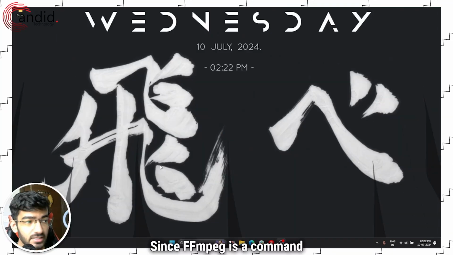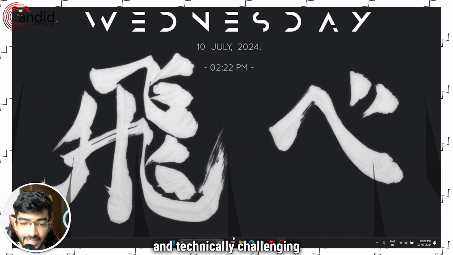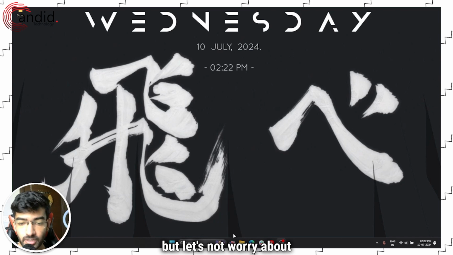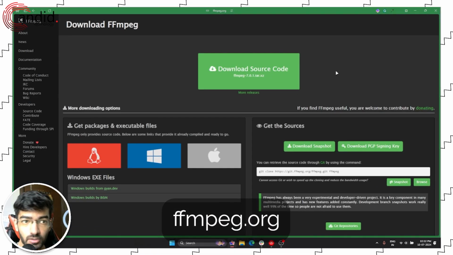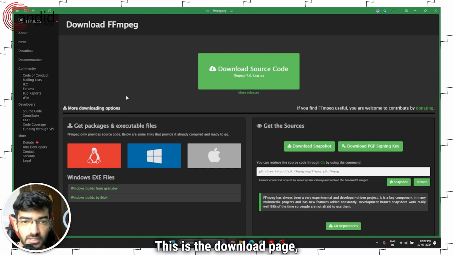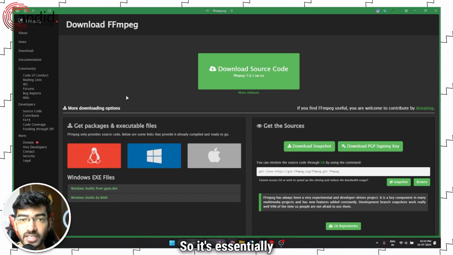Since FFmpeg is a command line utility, downloading and installing it can be a little bit daunting and technically challenging, but let's not worry about that. So the first thing that you have to do is head over to FFmpeg.org, or the official website. This is the download page. I'll put a link in the description below. So it's essentially